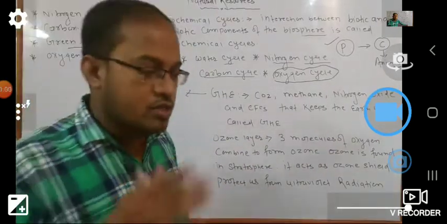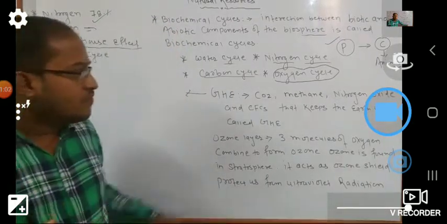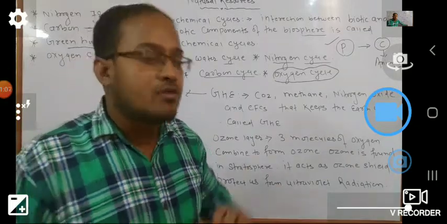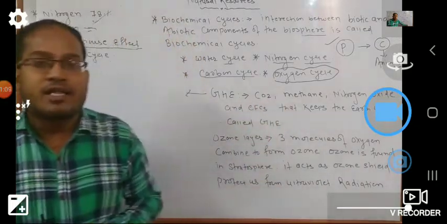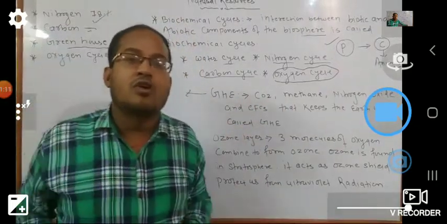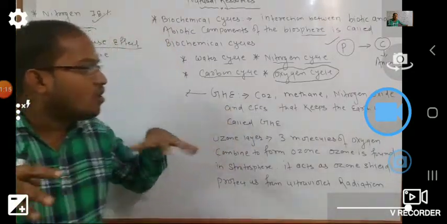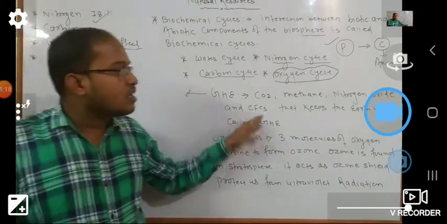Okay, so most important, when the different harmful gases and radiations are generally trapped by our environment due to some harmful particles, and at that time they release a very high amount of ultraviolet rays, at that time our earth will feel a very hot environment, that is called greenhouse effect.